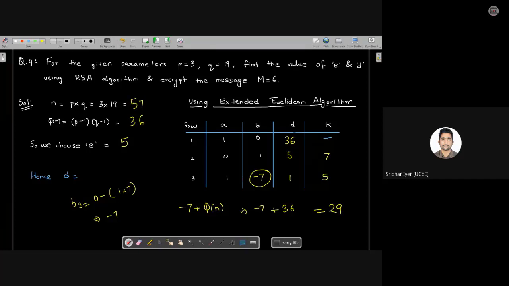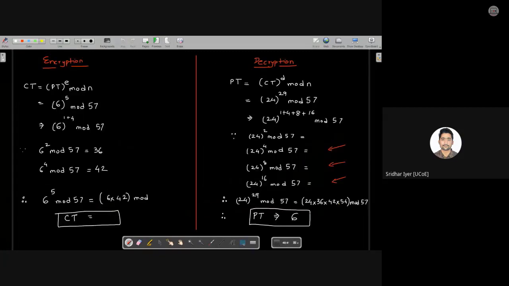If you want, kindly take a screenshot or just quickly write this answer, just 2 minutes, and then we can move ahead. Those who want to note it down, those who are maintaining their separate notes, it will be easy for them to recollect these topics later on. So if you want, you can note it down, just 2 minutes. Fine. Can we move ahead? In the meantime, those who have started solving it, try to solve it, and we can verify our answers later on. Right? So next up, encryption part.